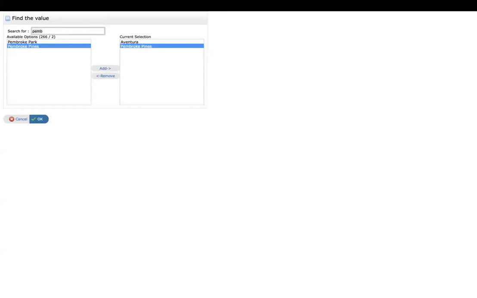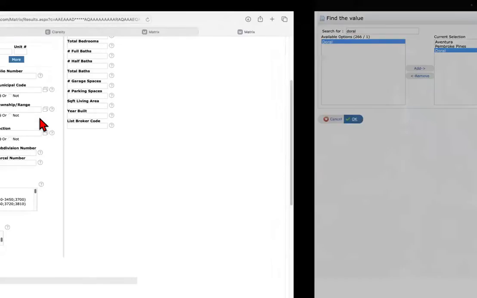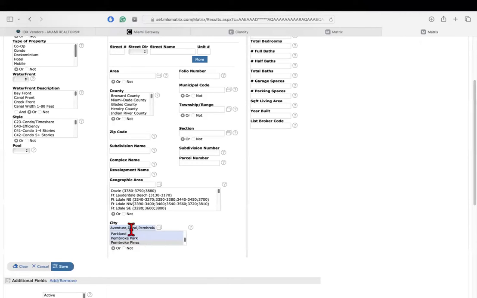From there, you want to have another area, for example, Doral. I'm being a little broad for a reason. I'm going to type it in here, click on Doral, click on add. You can create a market watch on multiple cities if you want,